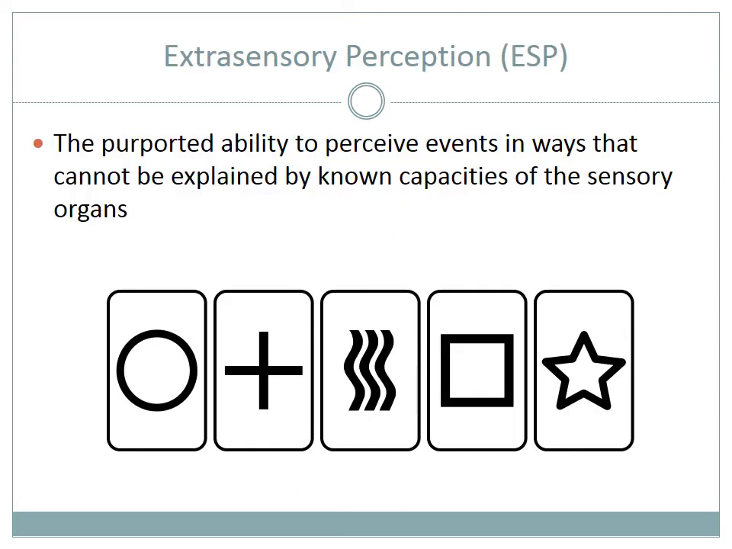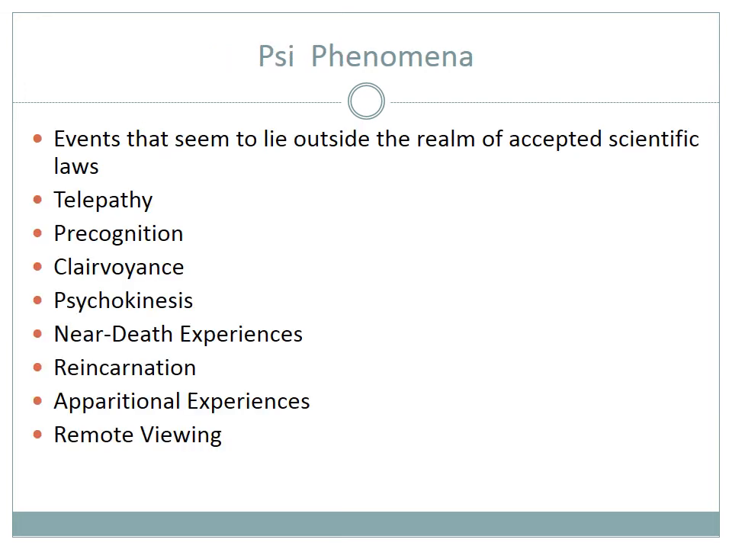Okay, the book does touch on ESP at the end. This is the purported ability to perceive events in a way that cannot be explained by known capacities of sensory organs. So they talk about extrasensory perception, ESP, and that falls under psi or psychic phenomena, events that seem to lie outside the realm of accepted laws. So in psychology, you might hear about parapsychology,